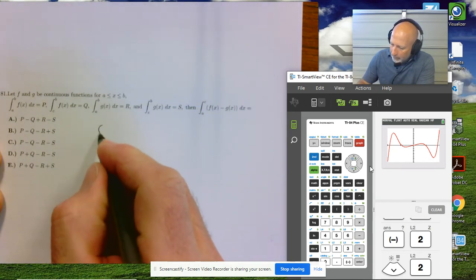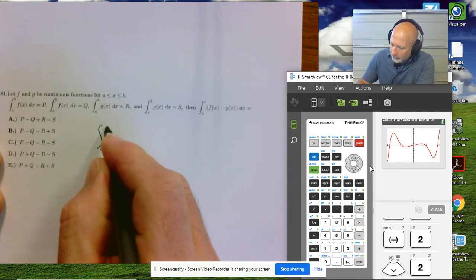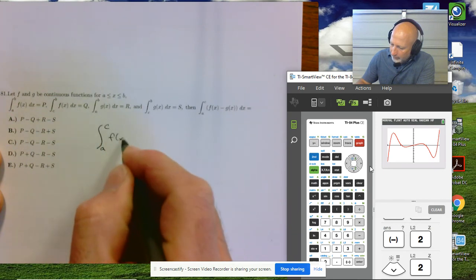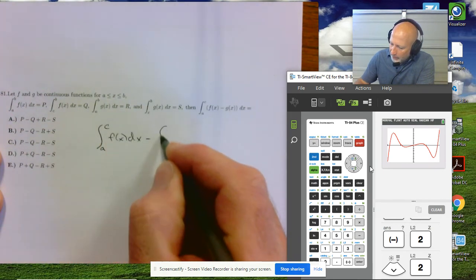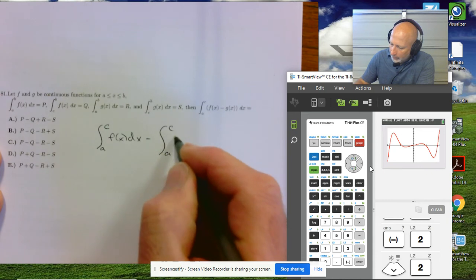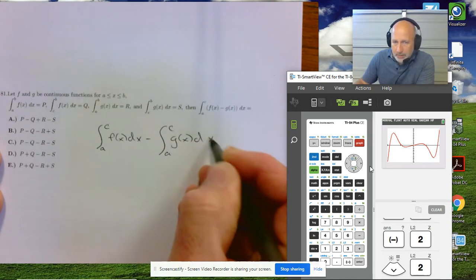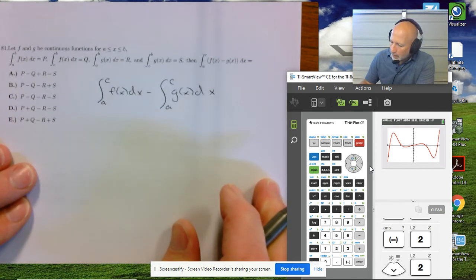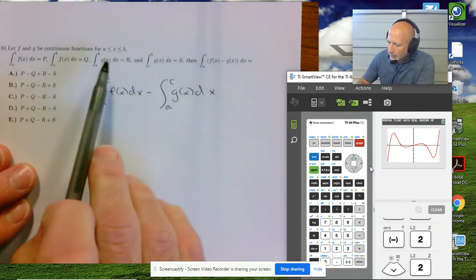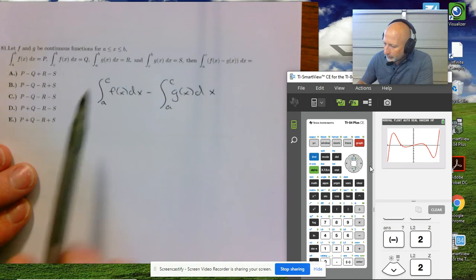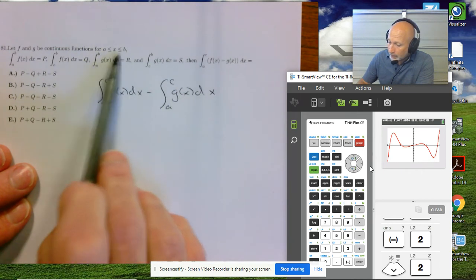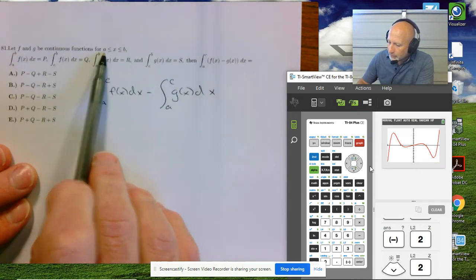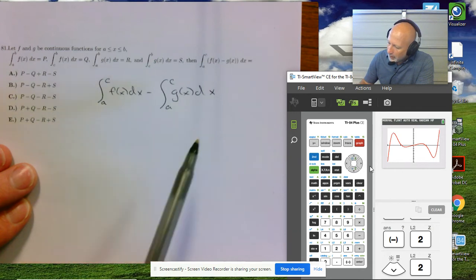So this will be the integral from a to c of f of x dx minus the integral from a to c of g of x dx. Then I need to break it apart. Now, c appears to be between a and b, right? So f of x is a continuous function from there to there. So I'm just going to go ahead and